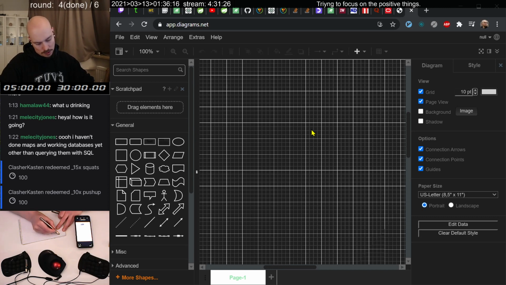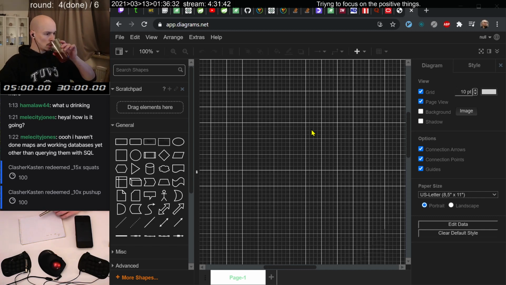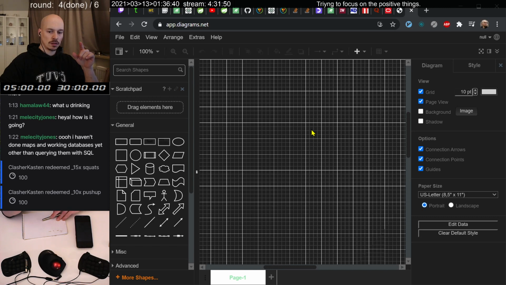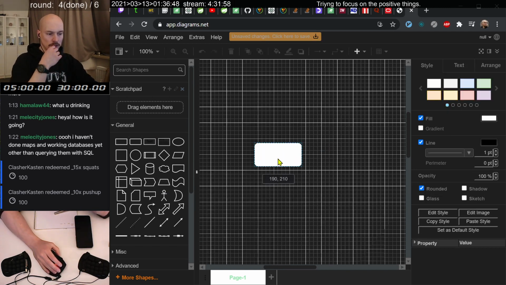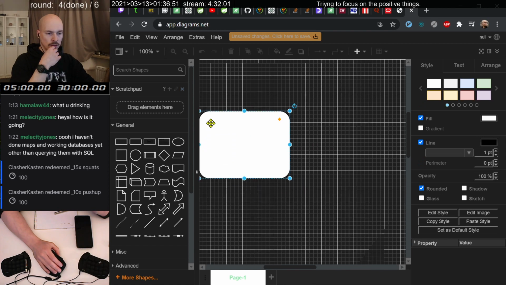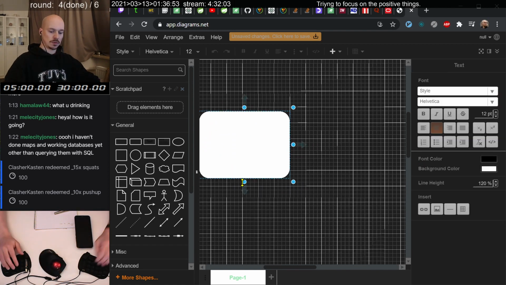So we'll have an ID. Yeah, I'm thinking of two tables. Basically what it will do, I will have this table which will be the